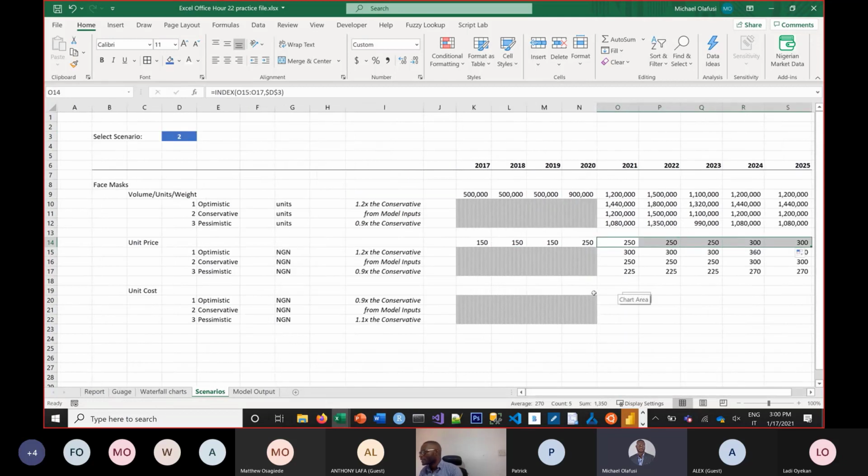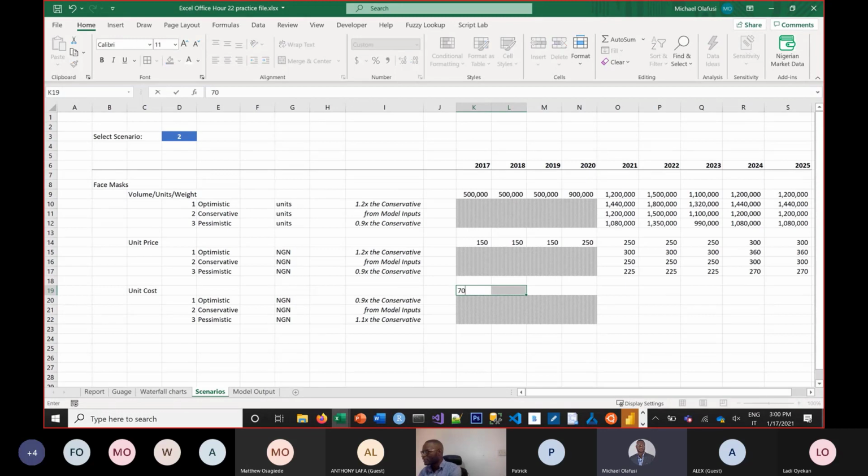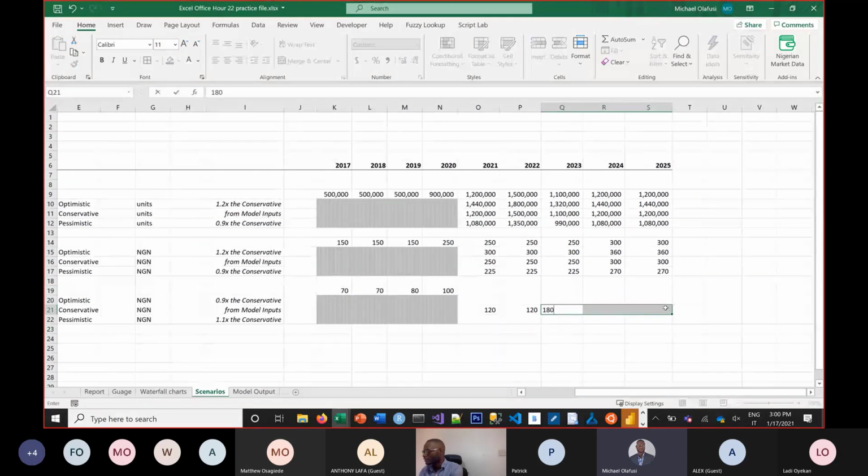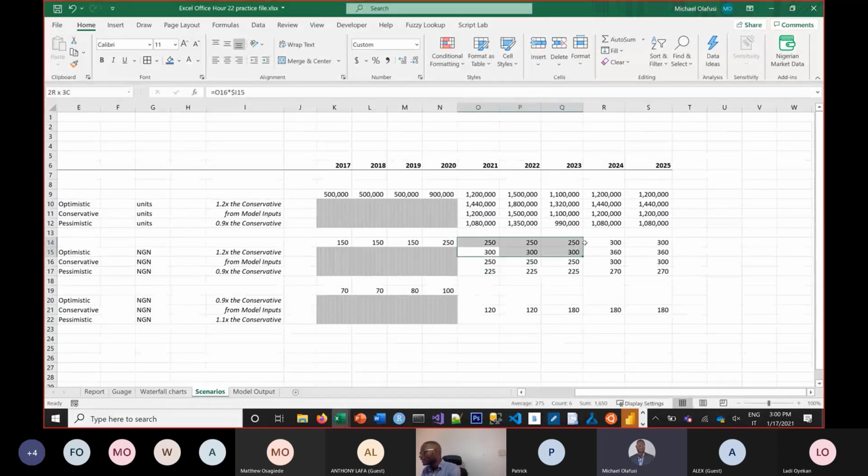Okay. And then let's say for unit cost, maybe it's been costing us 17 naira to make. And then this year it cost us 18 naira, and this year actually the cost went up. And we think it's going to cost 120 naira, and then gradually it costs 180 naira to make. Okay. So similarly, I